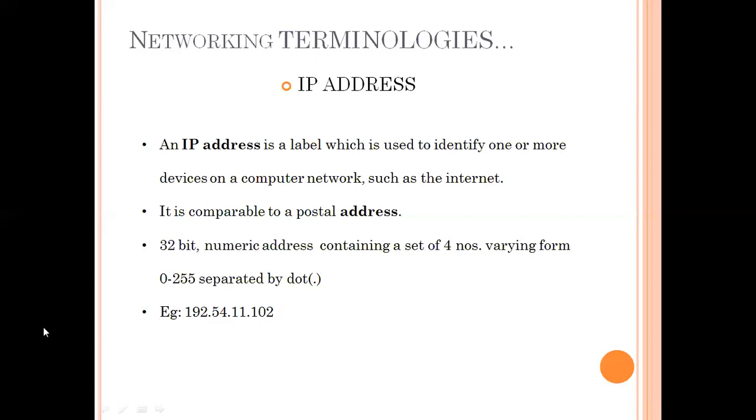So what you have to remember is, very first, IP address is a unique computer address in a network. It is always unique and never repeated. It is similar to a postal address. ये होने के बाद आपको याद रखना है that IP address is always of 32 bit. It contains 4 numbers and 3 dots. Each of the numbers is always lying between 0 to 255. And all these numbers are always separated by dots. No commas or semicolons are used. Okay, so you have to remember this slide. It is very important. Fine.